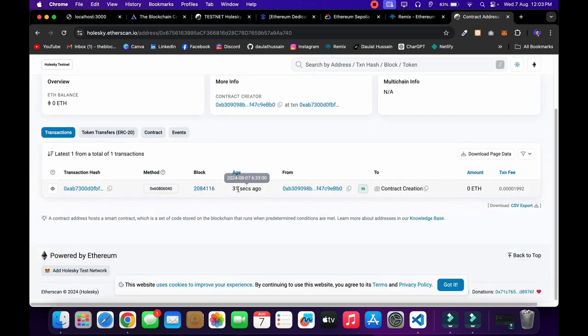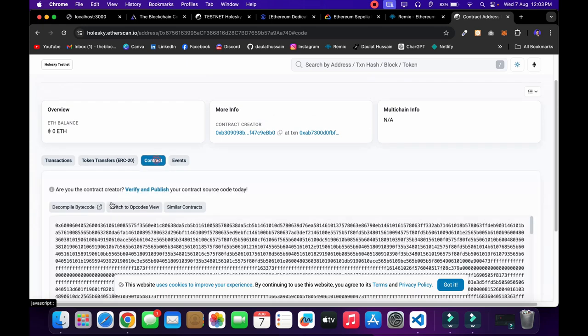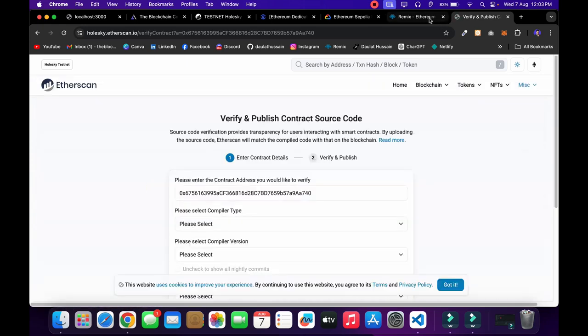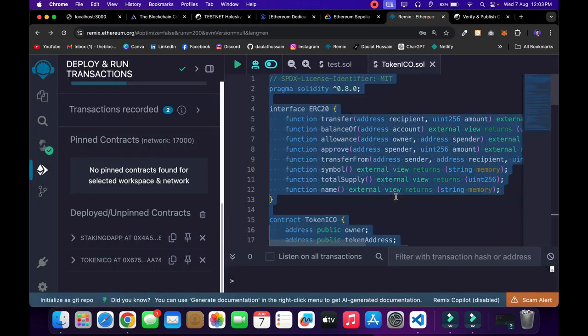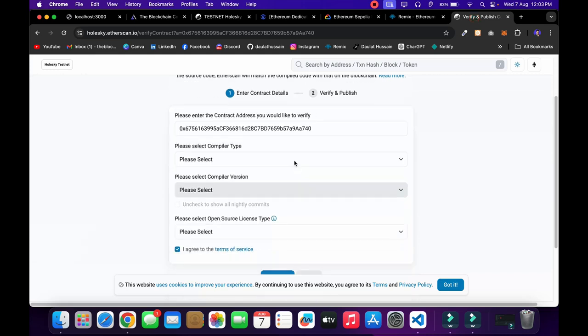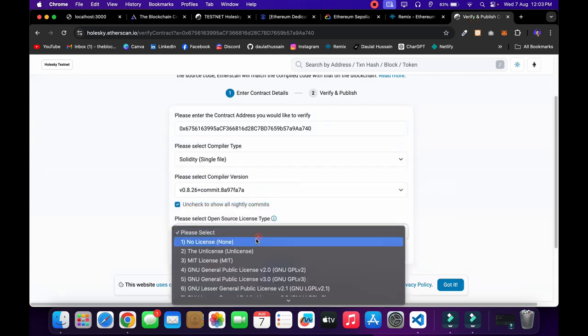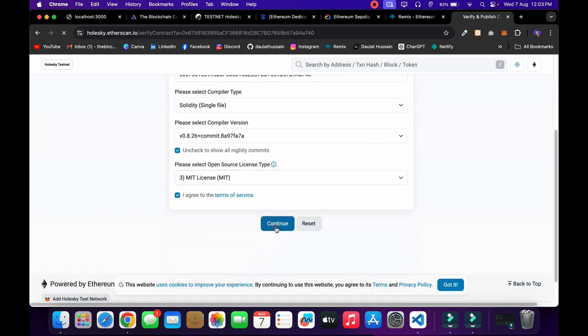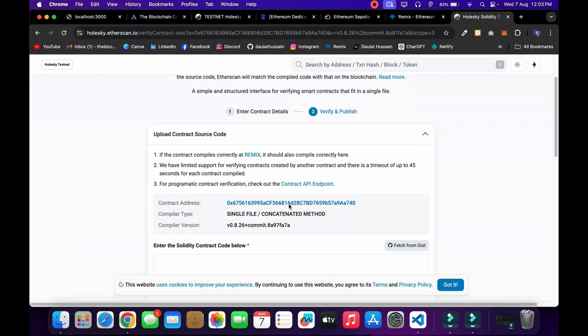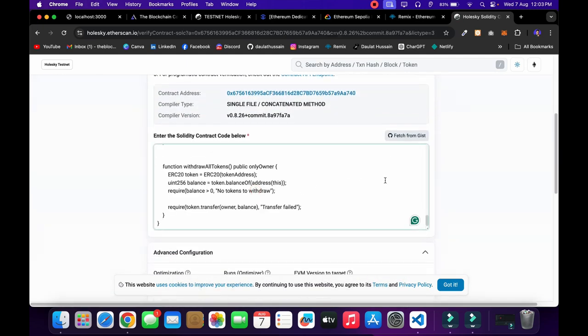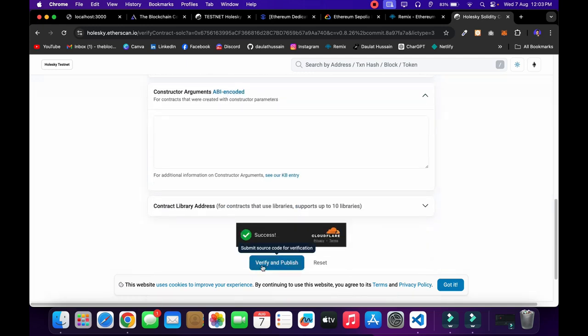Got it. This is the contract we have deployed. Now click on this contract. We can call it publish. We can click here in the Remix IDE, simply copy the entire code, come here, single file is going to be this compiler version, and we have to pick the MIT and click on continue. And here we have to paste the entire contract address, and I can click on this verify and publish,